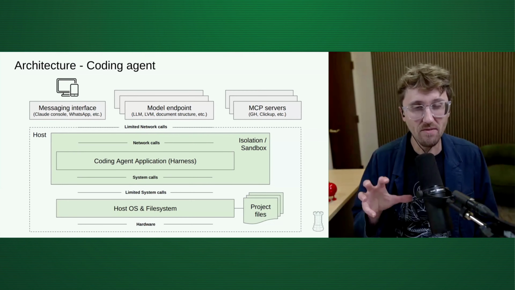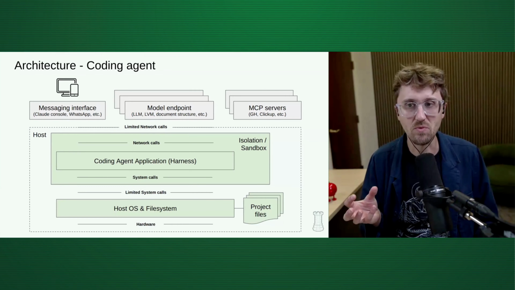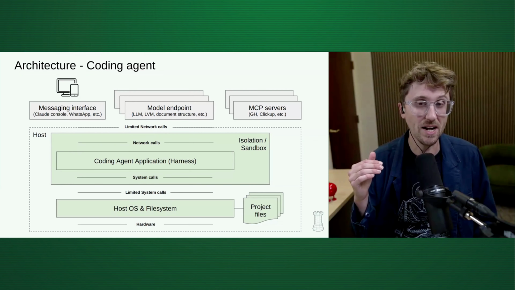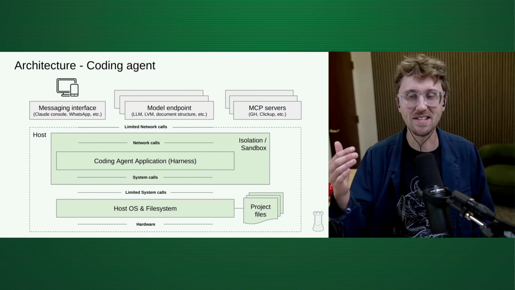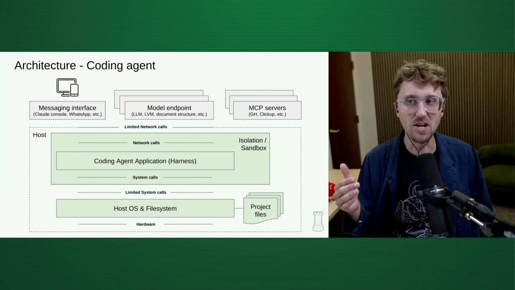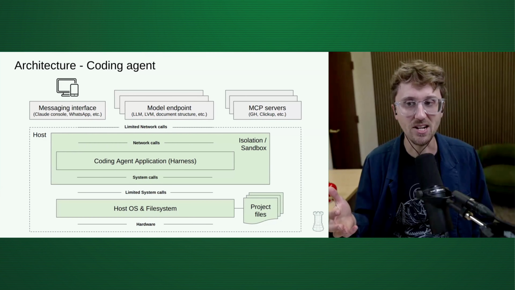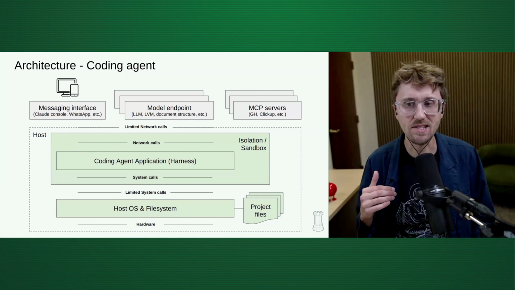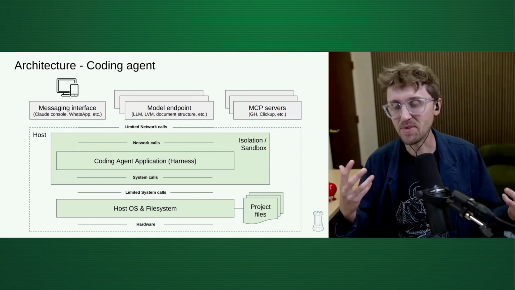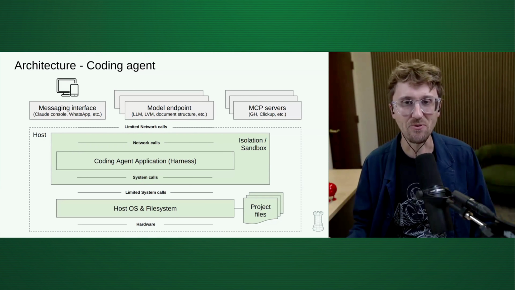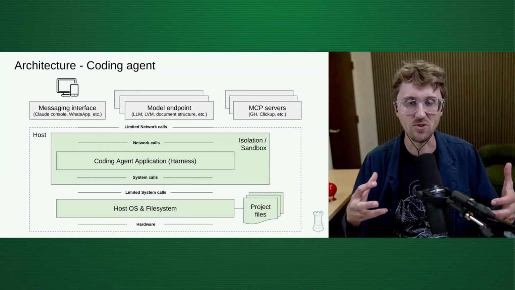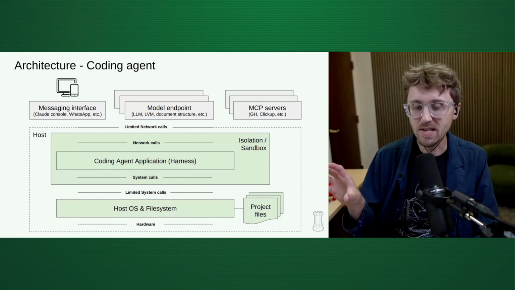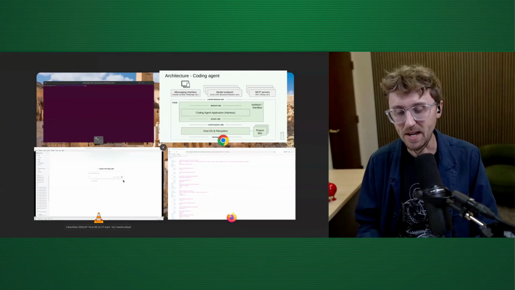But the idea is wherever you're running this agent, you actually want that to run in an isolated sandbox that limits the network connection, because you want to give it the least amount of agency, the least amount of access to various models and MCP servers, so that you know what it can do and you limit what it can't do. And then you also want to limit the system calls so that you don't get prompt injected and all of a sudden create malware on one of your systems that creates a sort of cascading compromise across your infrastructure. So this can be done, like I say, in a whole variety of ways.